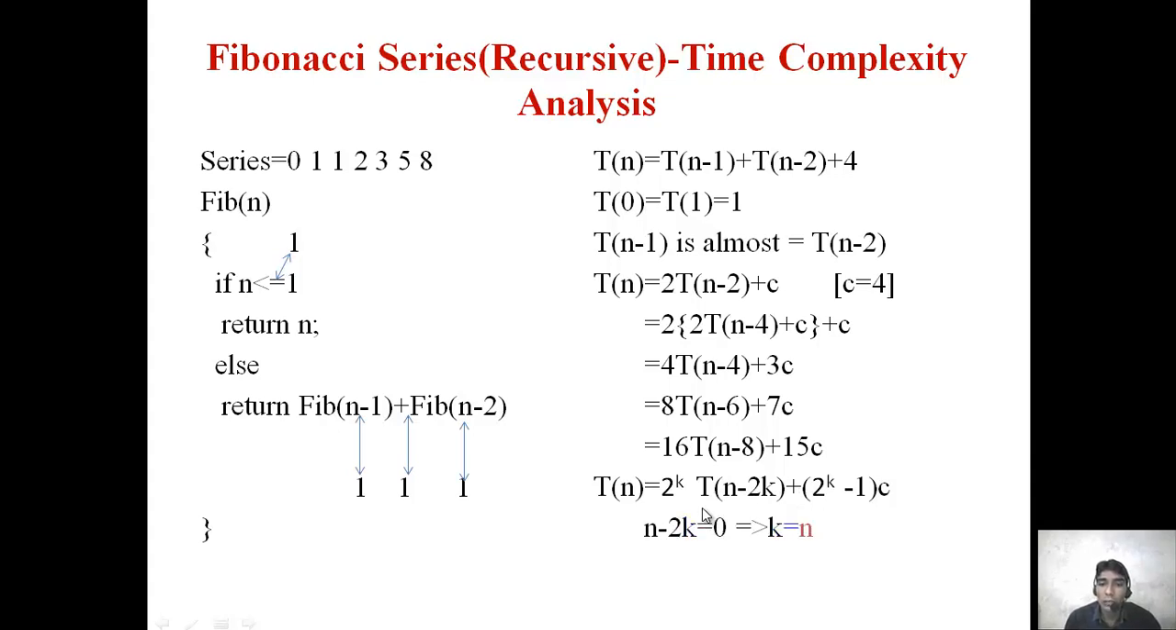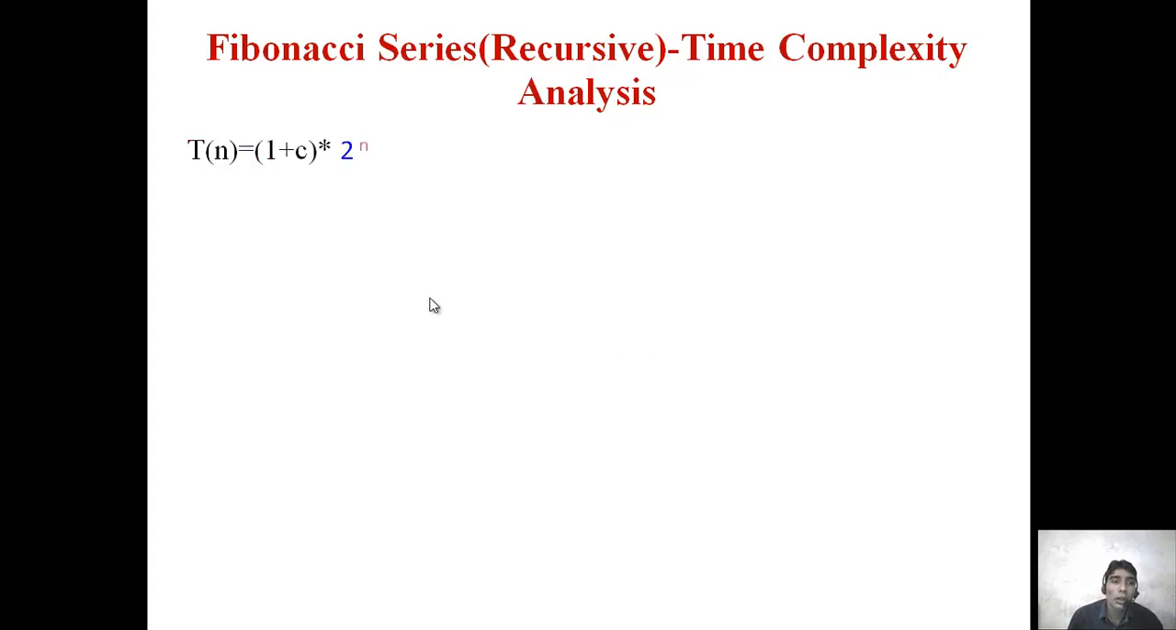Now I am calculating the value of k. n minus 2k equal to 0 gives k equal to n by 2. After that we put the value of k in the above equation: 2 to the power n by 2 into T of 0 plus 2 to the power n by 2 minus 1 into c. Here T of 0 is 1, and after multiplying c in this bracket, T of n equals 1 plus c into 2 to the power n by 2 minus c, and this gives T of n is directly proportional to 2 to the power n by 2,